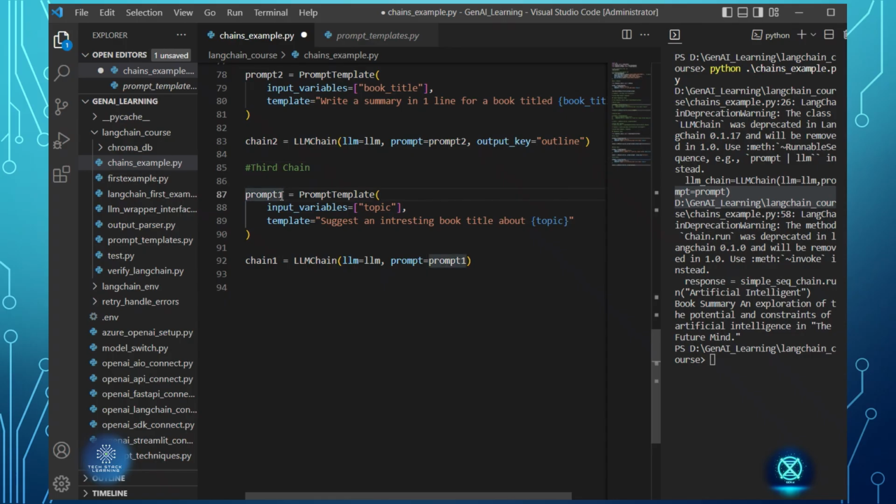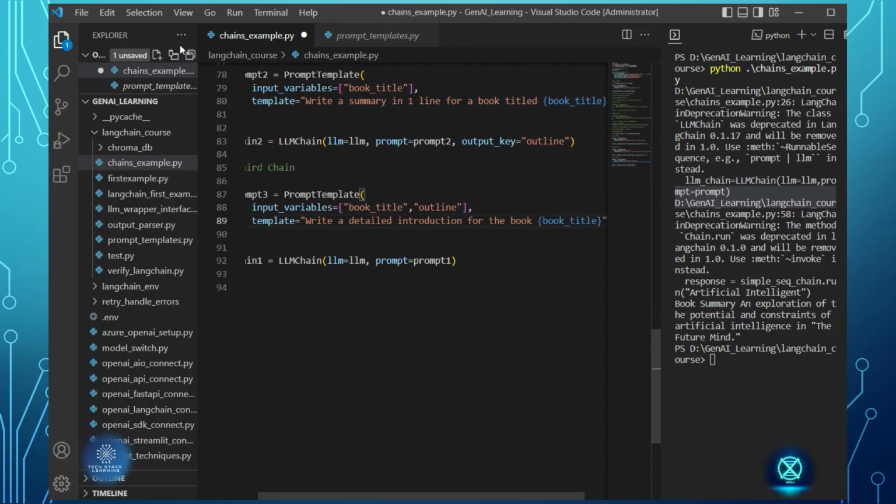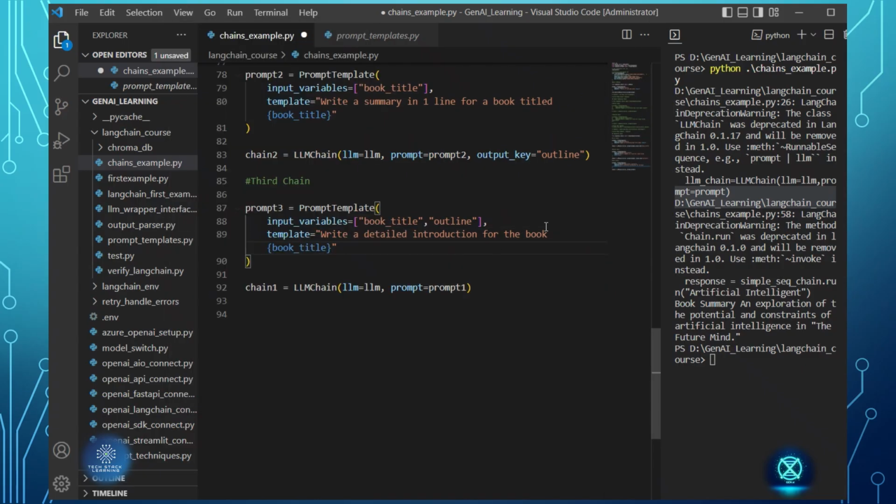What I'll do, prompt 3. So input variables, I'll put book title, then another one with outline. This is the output from the first and second chain, right? Now what I'll do here is write a detailed introduction for the book. I'll put book title here. I'll just wrap this, book title here,